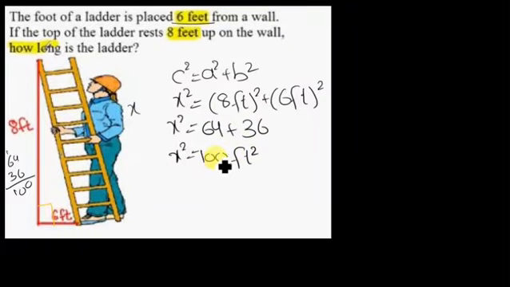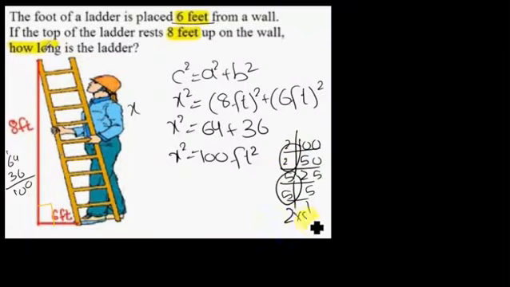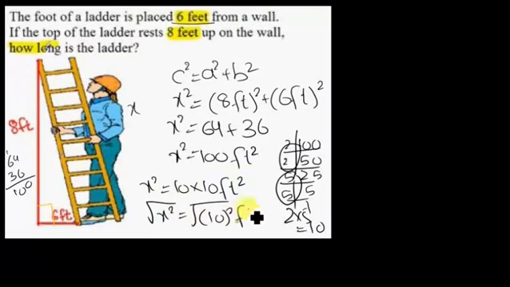And what will be the square root of 100? You can find it by applying LCM. 2 5s are 10, 2 2s... 5 5s are 25, 5 and 5 and 1. Make pairs, first pair, second pair, 2 multiply 5 which is 10. So the answer is 10 multiply 10 feet square. By applying square root, what will be the answer? Tell me. The square root cancels. x is equal to 10 feet. This is your final answer.